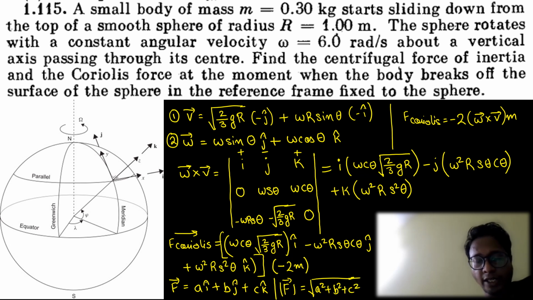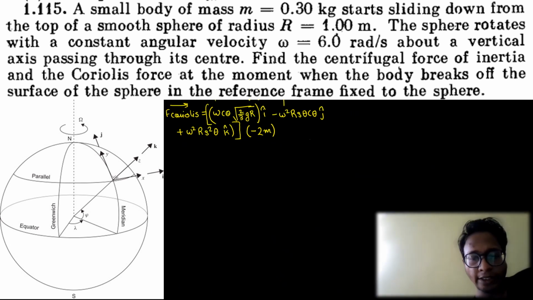Similarly, we'll do the same thing out here. F Coriolis is equal to this vector. So how do I find out the magnitude? I have to square this vector plus this vector plus this vector and take the square root. So we'll do that on the next page. Therefore, the magnitude of F Coriolis is